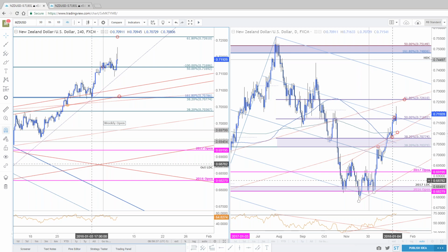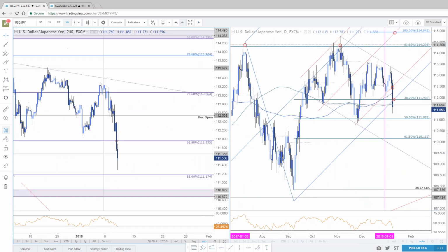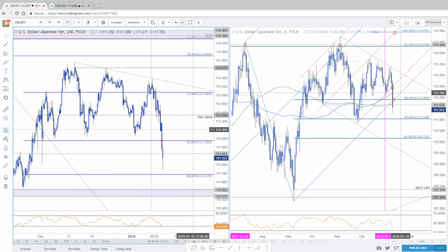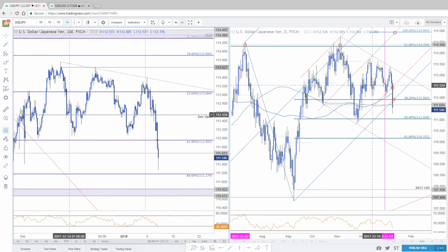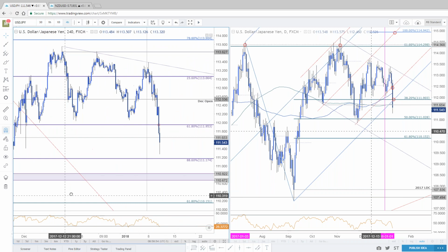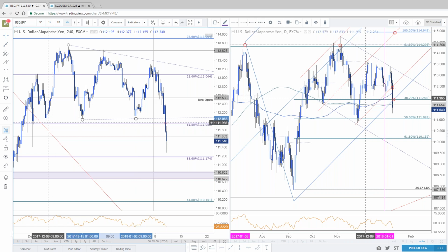Dollar yen, obviously the yen news again from the BOJ overnight. I'm not a big trader of dollar yen. I think there's more clarity in the crosses, which we'll go over in a moment. But just to show you a basic range break of what looks to be some sort of near-term consolidation in dollar yen. Could be a decent play here. So if we were to consider this, basically some sort of near-term recovery play off the low, a measured conservative move